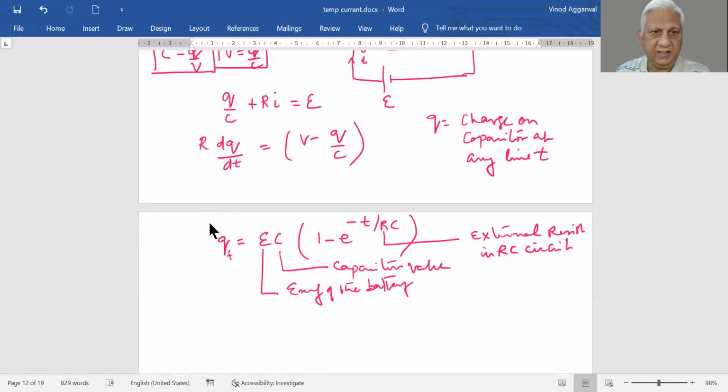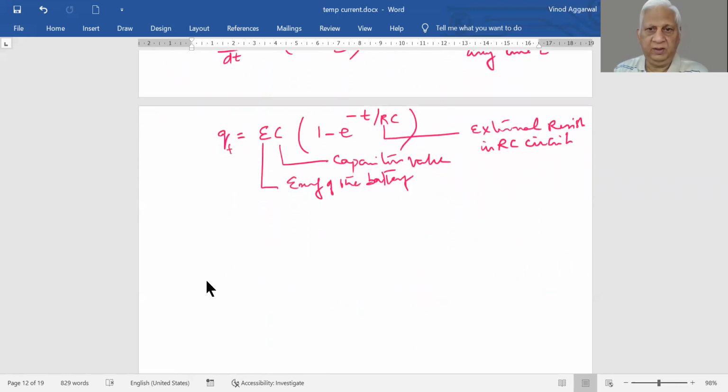Then the charge at any time t is given by this relationship. And if you see graphically, if we plot t versus Q, it rises rapidly, and because of the exponential function,